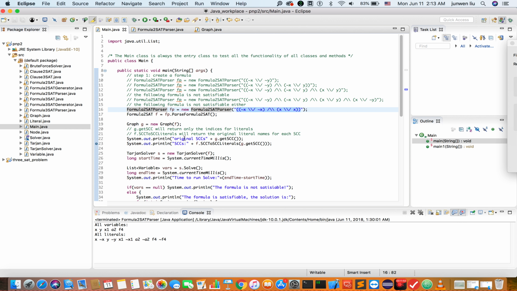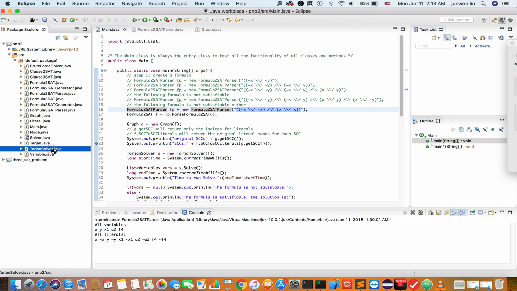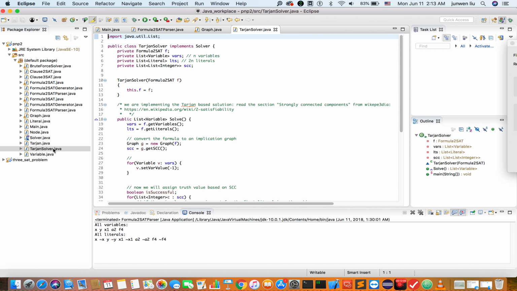So we will initialize an instance of this class first and input this formula. So let's take a look at the Tarjan solver. What will it do for us? And yeah, the input will be a 2-SAT formula, and